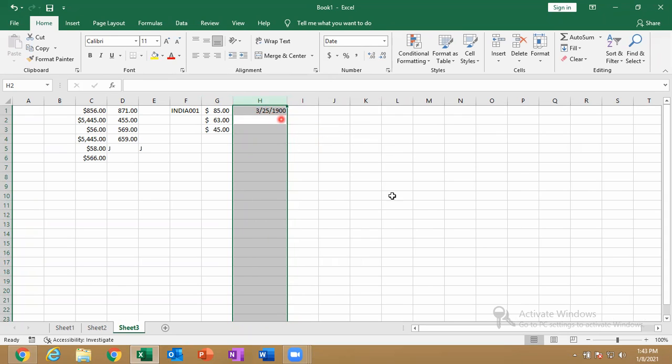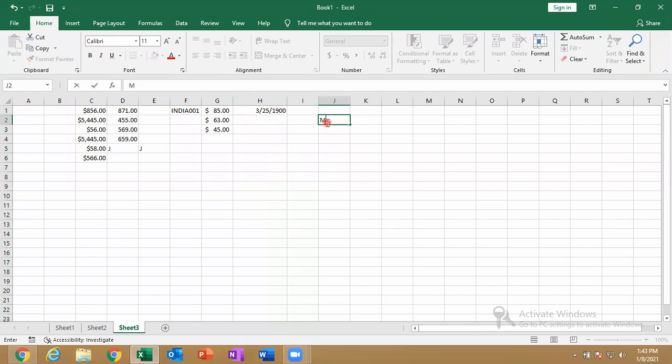3/25/1900. So why is that 3/25? See the system date and time for me. It is like 1/8/2021. That means month. So it is the format of month, day, year. It is in this format. Okay. So let me clear why this 1900 means the start date of Excel. This is the start date of Excel.